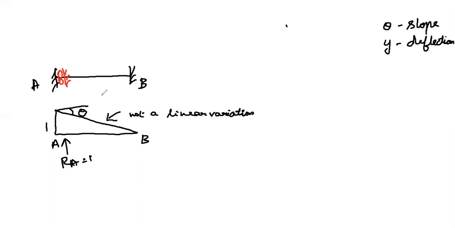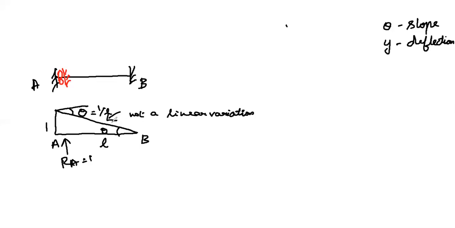Both are different. Okay, the slope value here you can simply calculate. You know this value is L, so this value is 1. So the theta will be 1 by L. Okay, you know the Pythagoras theorem property. By using this itself, we can find the value of the slope, that is equal to 1 by L. According to the geometric property of the triangle, if the theta here is 1 by L, the same theta will occur at this point also. Okay, the slope here is 1 by L.